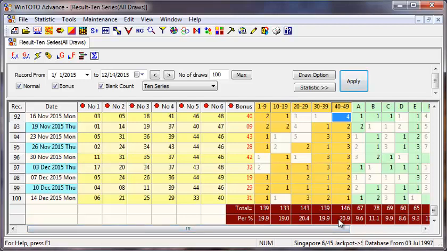And from here, it's much easier for us to take a look at which group itself is currently very favorable. Alright, so from here, at one look, we can spot that the most favorable right now is 40 to 49. This group of numbers. Altogether, there are 9 numbers in this group. You can see it's very, very favorable.